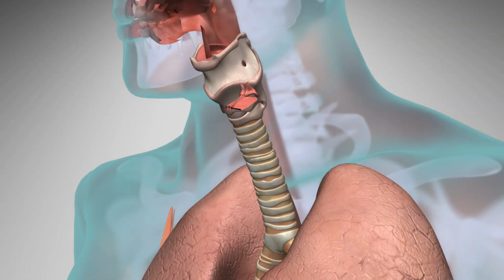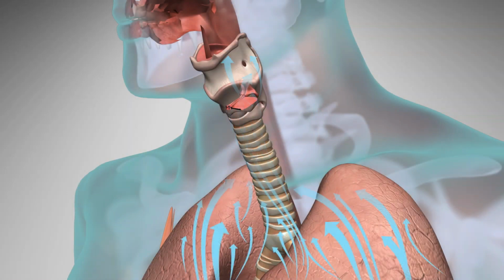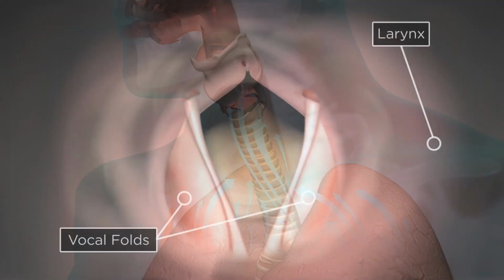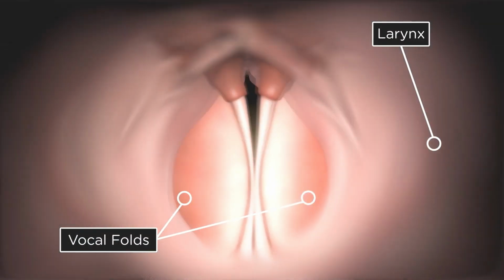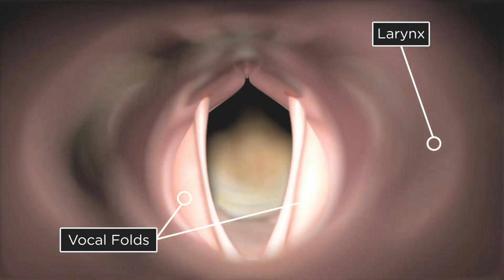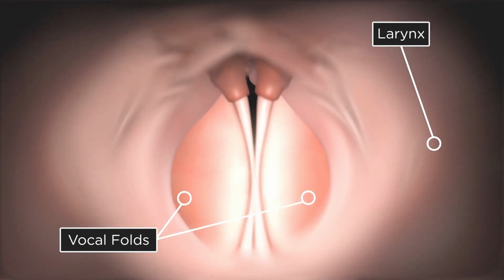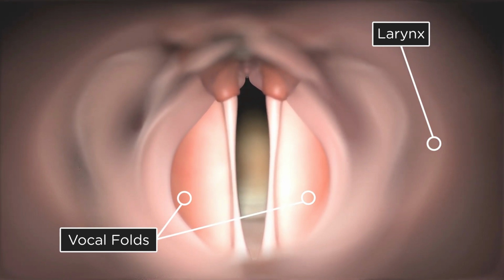Voice is generated by airflow from the lungs. When it's time to speak, the pressure below the larynx increases until it blows the vocal folds apart. Hello. The vocal folds are first forced apart at the bottom, followed by the top, and air is forced through